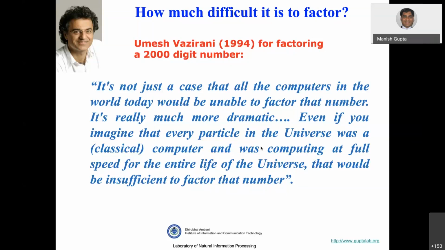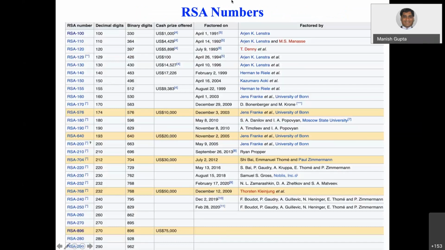However, recently with the invention of quantum computers, actually in 1994, many of you may be aware of quantum computing. Many things are going on right now. Actually, you may be able to break these systems, because quantum computers can factor integers in polynomial time. Okay, so here are these numbers, which are known as RSA numbers.